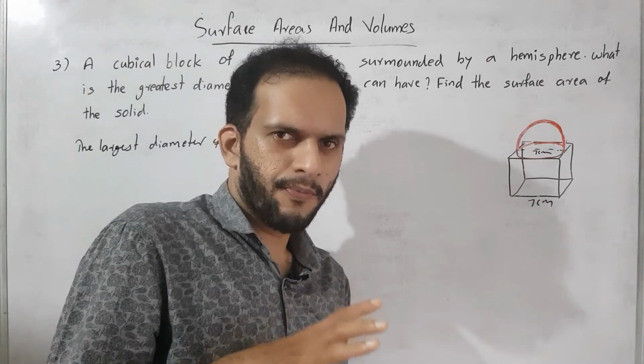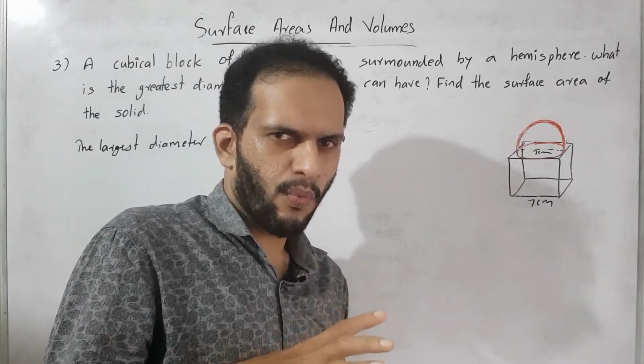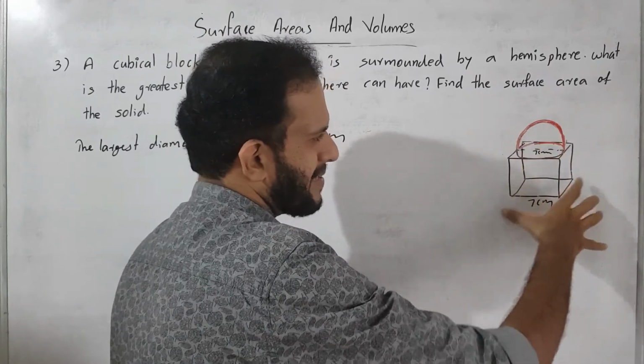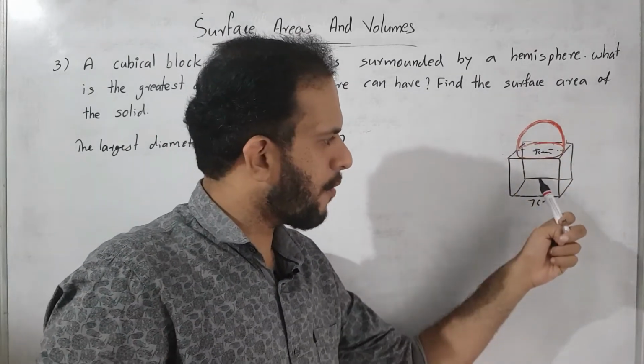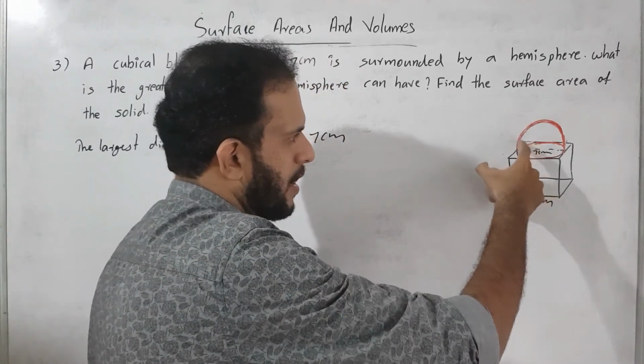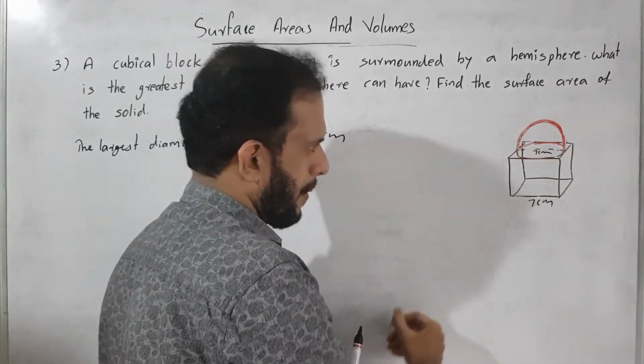Here we are doing the work like this. We first find the 6 face area, meaning the total surface area of a cube, minus the base area of a hemisphere plus